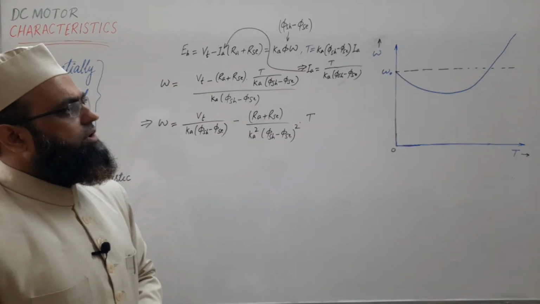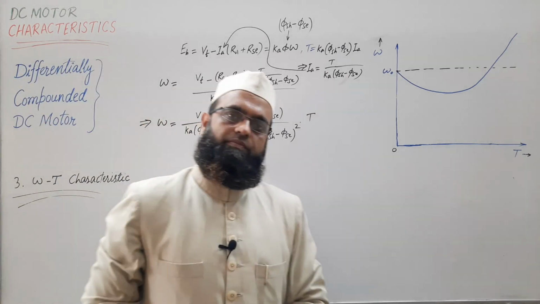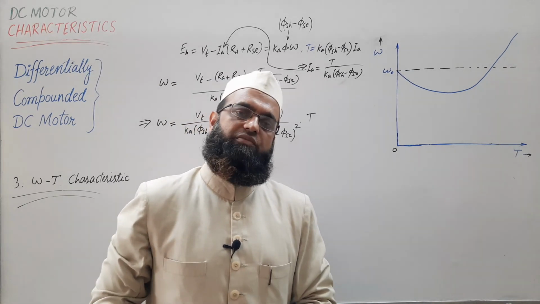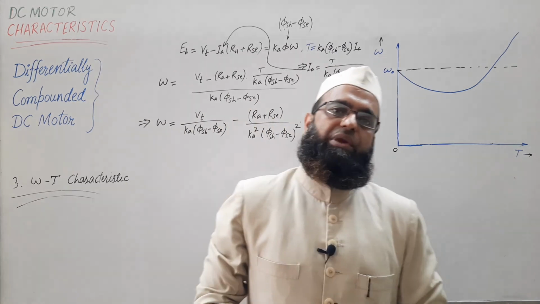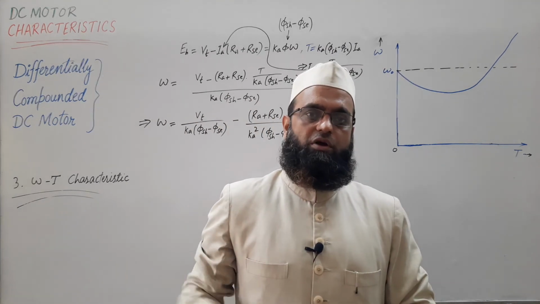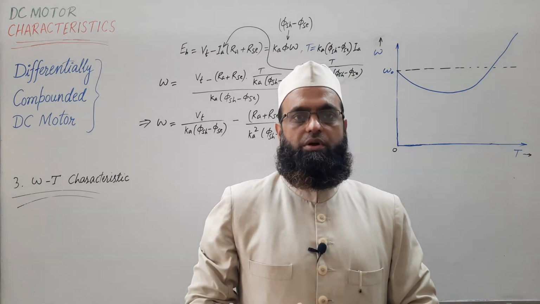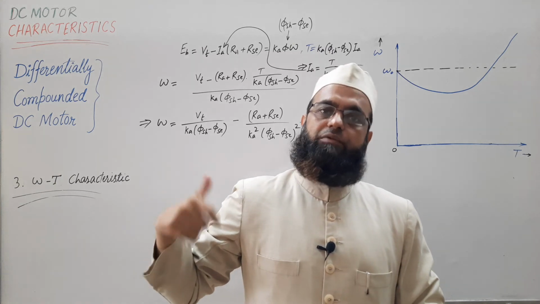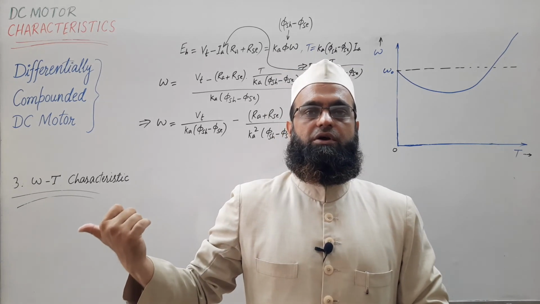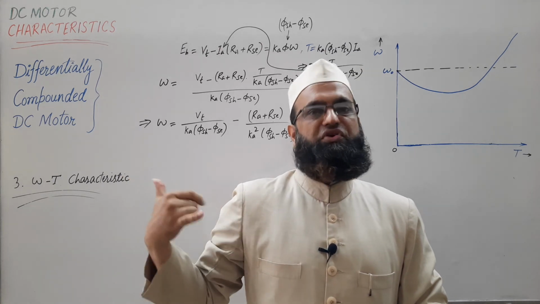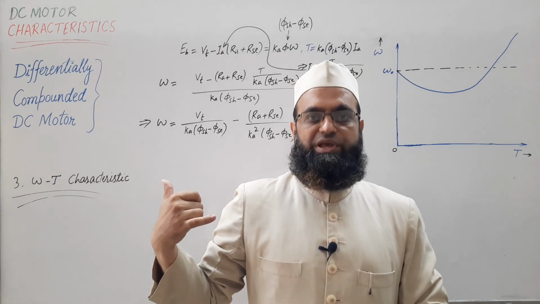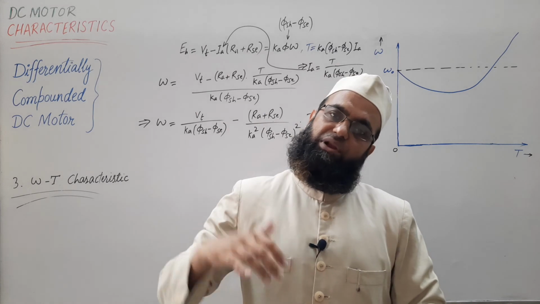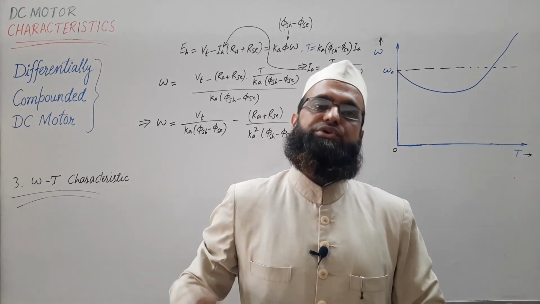So in all three characteristics, for the three types of machines, generally three types, because we have seen that the characteristics of a separately excited DC motor are similar to those of the shunt motor. So series, shunt and compound. Again in compound, differentially compounded discussed today and cumulatively compounded discussed in the previous lecture. In all three types of machines, we have seen that the speed versus torque characteristic has a similar pattern to the speed versus armature current characteristic.